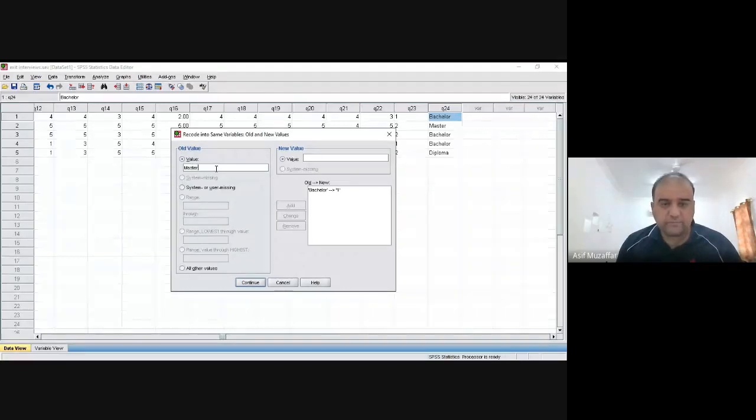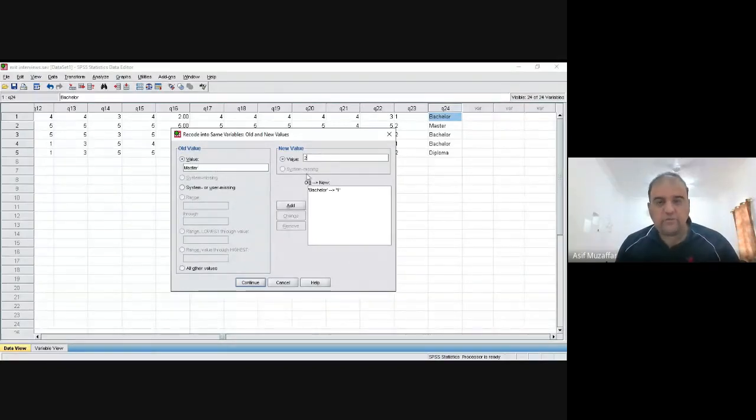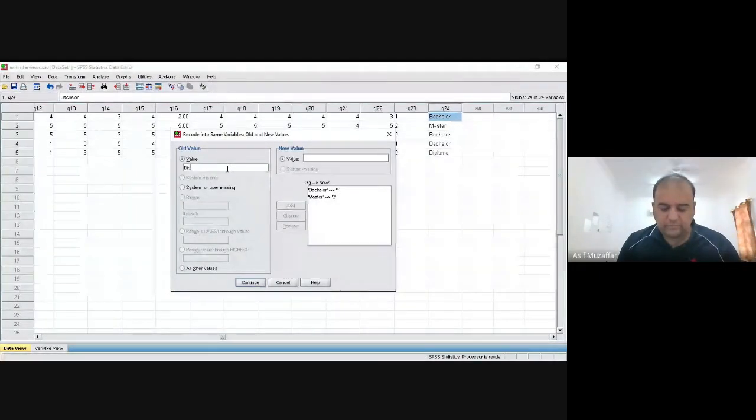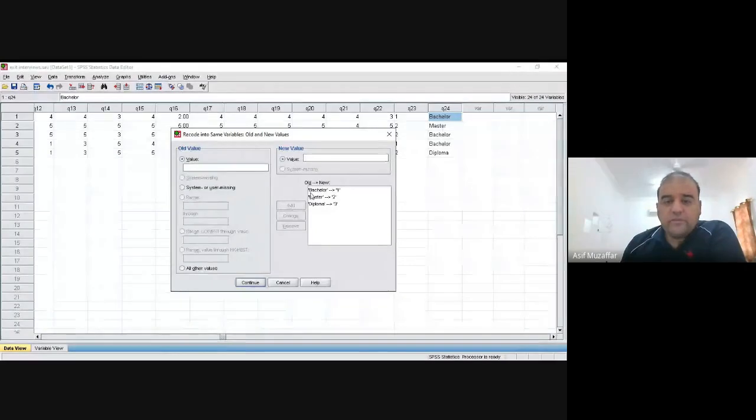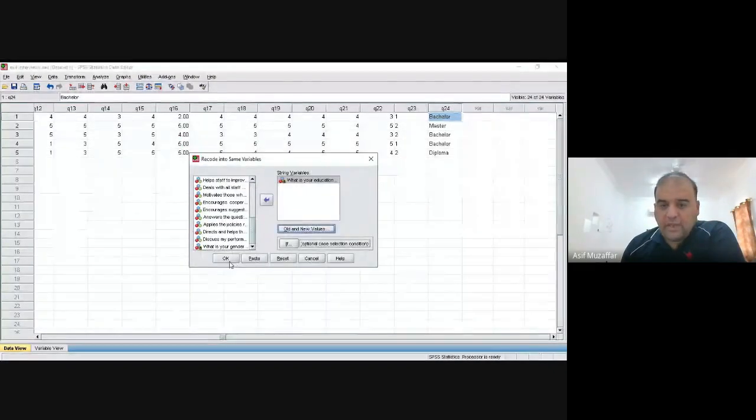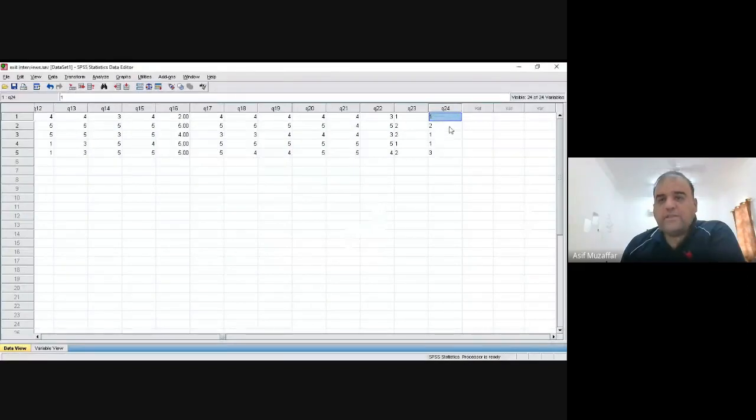It should be assigned value 2. And the label is diploma. These are 3 options in my questionnaire, and I will assign 3 to it. What I have done: bachelor 1, master 2, diploma 3. Now when I continue and okay, you can see my question 24 is changed into 1, 2, and 3.